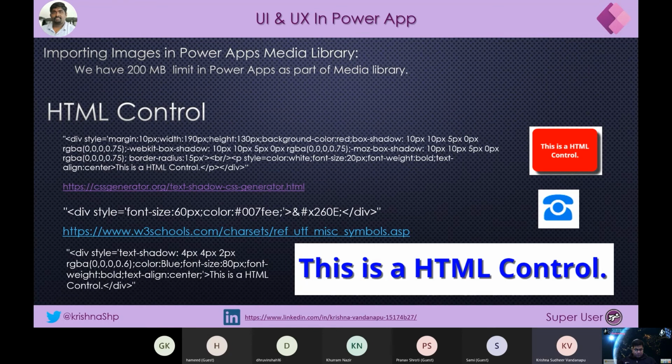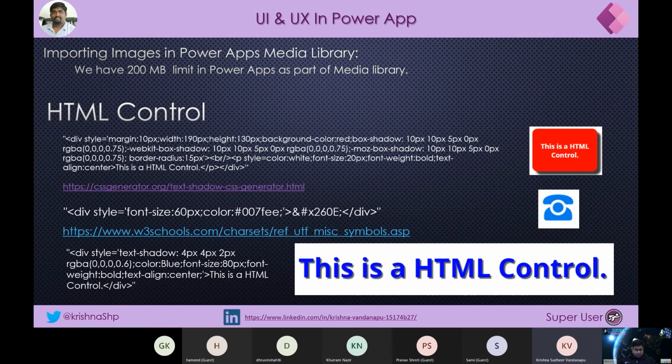Last but not least, this is an HTML control, a big HTML control label. Usually, we are very fond of customizing the controls or the text with different styling. But if you notice in Power Apps, the styling limits are very low.